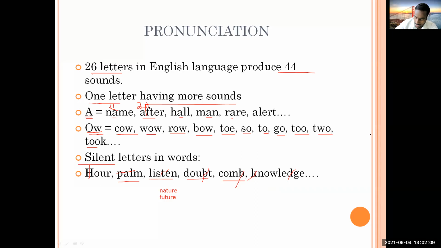Now imagine there is a new learner who has not read or heard this word knowledge before, and he is going to read this word. How will he read? First time he's trying to read this word. Earlier he has not listened to anybody, or has not read that word. So he's going to read something like this: knowledge. Because he doesn't know that K is silent, or like knife and all other words.